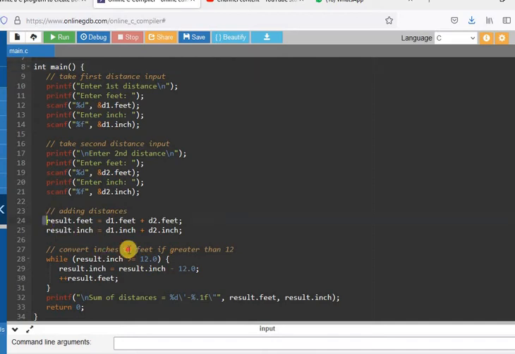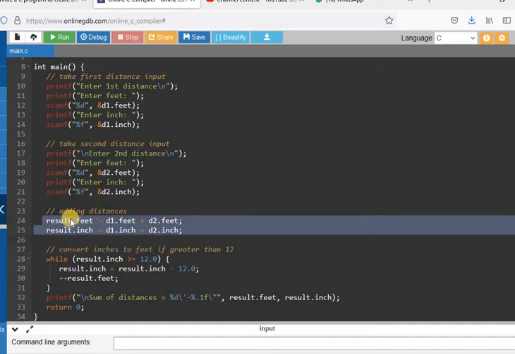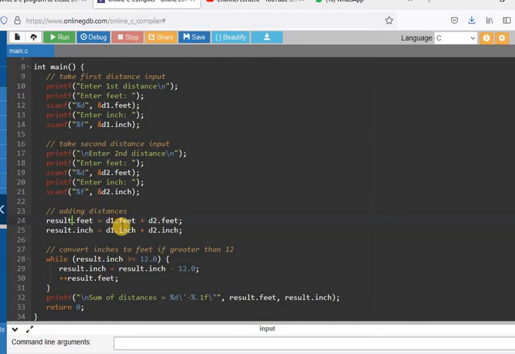Now this is for the addition. See here, result dot feet equal to d1 dot feet plus d2 dot feet. So first we add the values of the feet, and after that we add the value of the inches: result dot inch equal to d1 dot inch plus d2 dot inch.